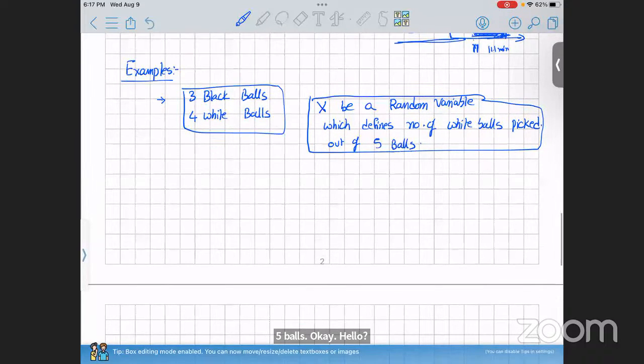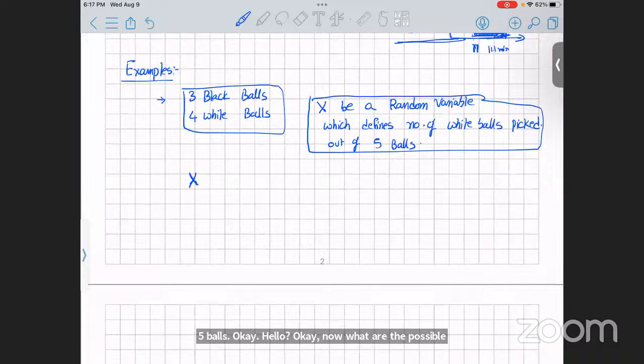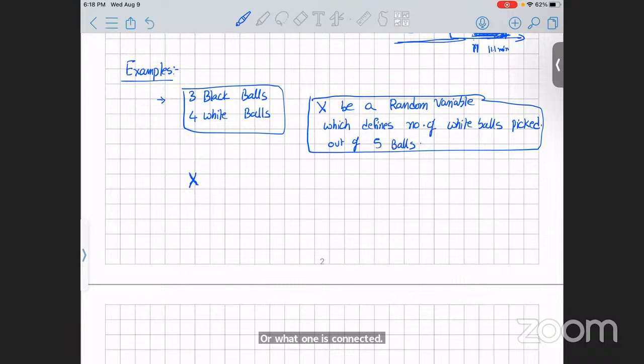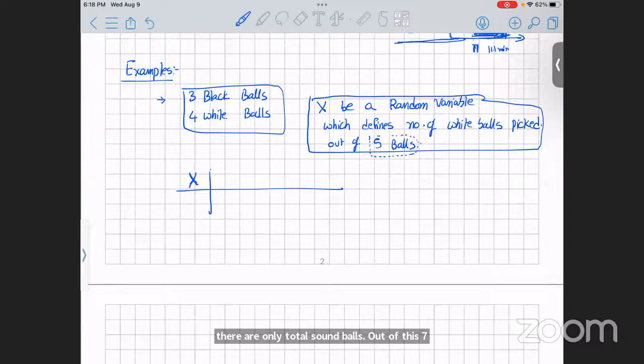Now, what are the possible values of x? What values can x take? Here he said 5 balls are selected. You have to select 5 balls, and there are only 7 balls in total. Out of these 7, x can take